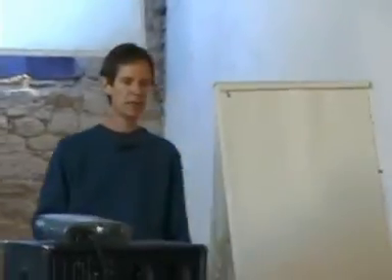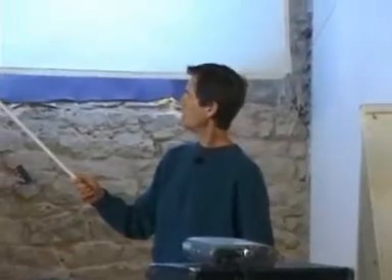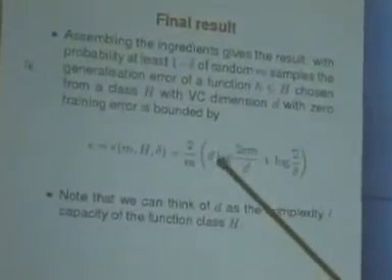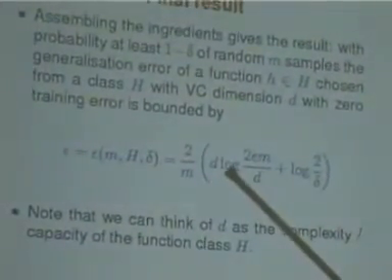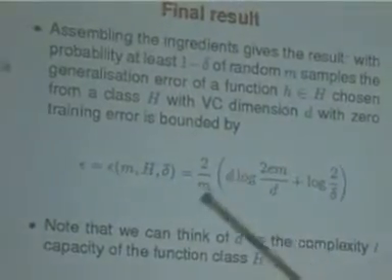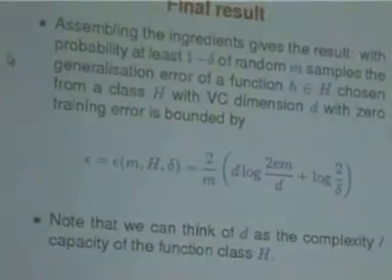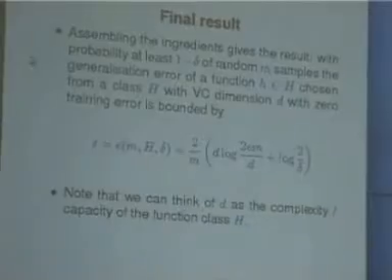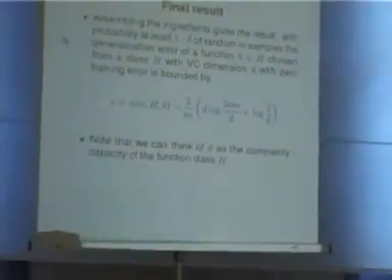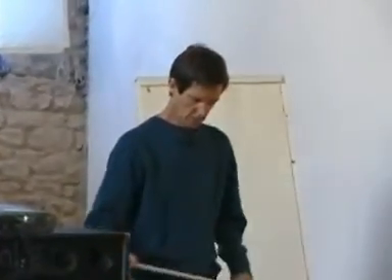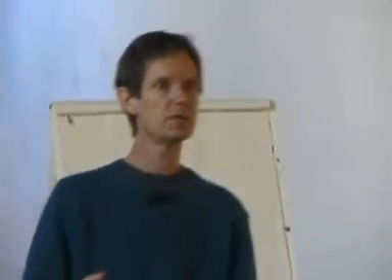If, on the other hand, we'd applied the result where we still had exponential growth in the growth function, then this would have been log of 2 to the 2m. Take the log of that and you just have 2m, the m's cancel, and you get a trivial bound. So you do need that significant decay of the growth function below the exponential growth in order to get an effective generalization. This, as I say, was heralded as a very key result,